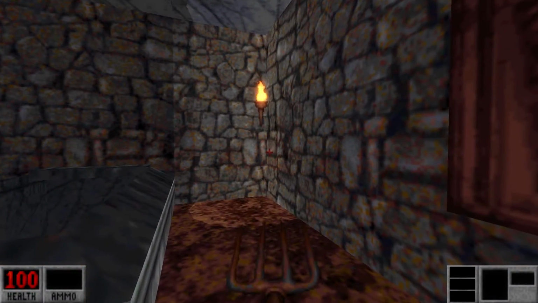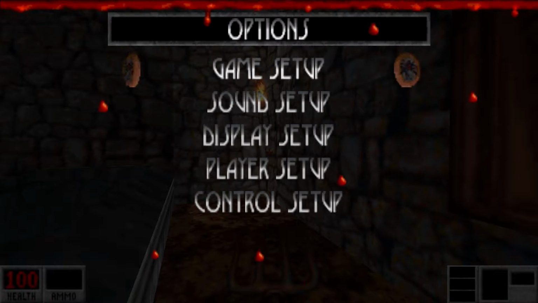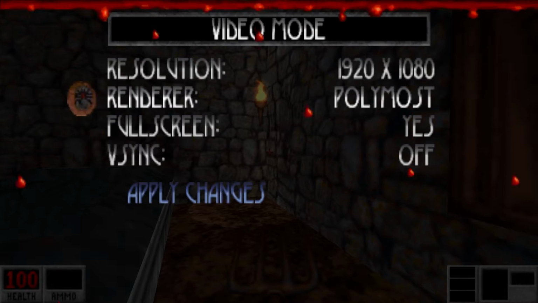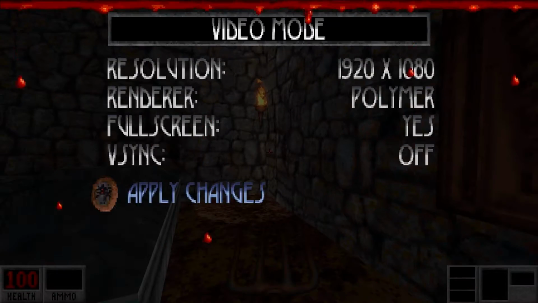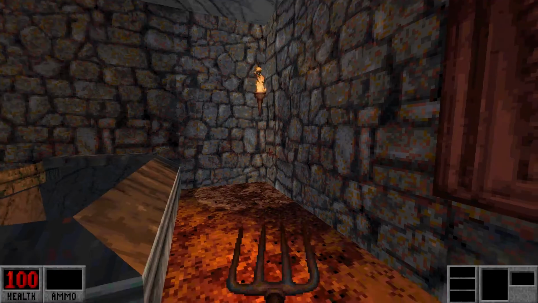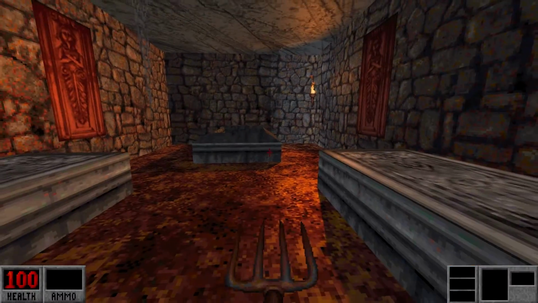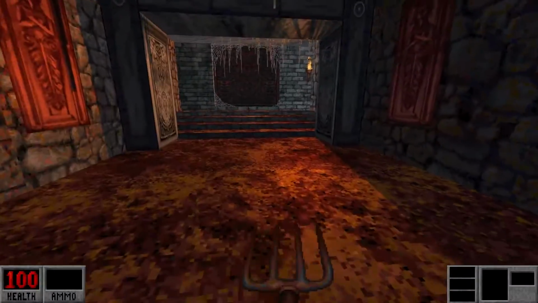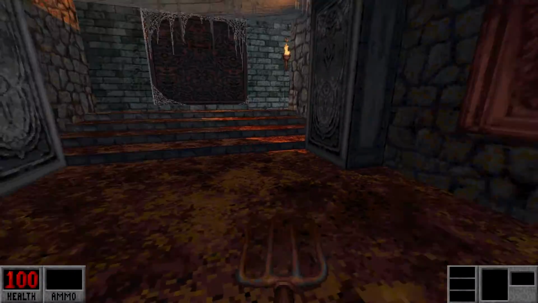Also, as long as we're here, let me show off some of the video effects of this mod, since we are using E1M1. There are some different things you can do, like, right now I have it set on Polymost, but if you set it to Polymer, you can actually get some pretty interesting lighting effects, as you can see there. Some of you might be into that sort of thing. I personally am not a big fan of it, mainly because of that, as you can see. It doesn't seem to render that well on my machine, personally, but...